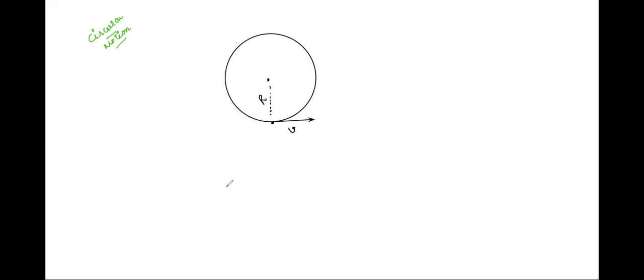Let's say we are talking about the special case of uniform circular motion. In a uniform circular motion, there is one thing very particular: speed is always constant. Note down, velocity is variable